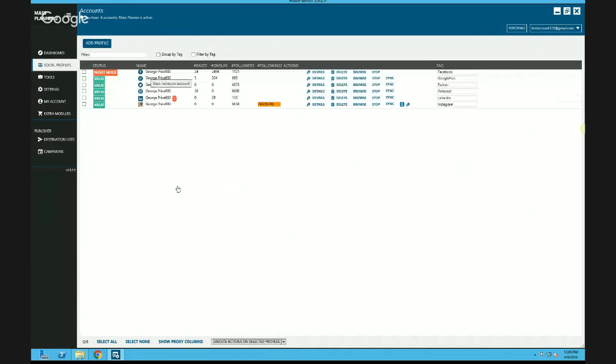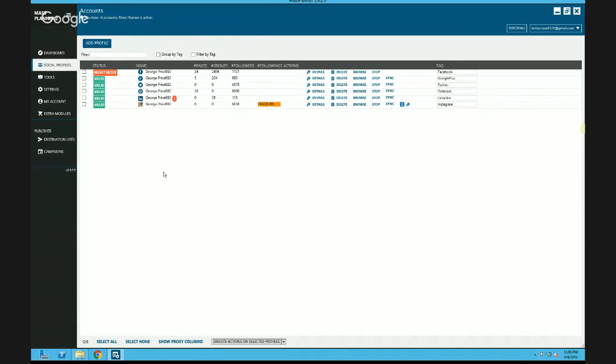The other way that you can modify the times that content is sent is through your campaigns. I'm not going to go through that right now. You can also do it through your tools, but I'm not going to go through that right now because that's a little bit more advanced. The point of this video was just to show you that making use of night mode with your